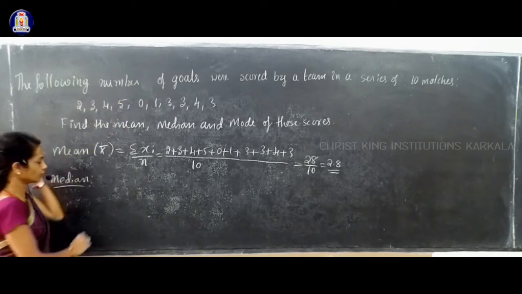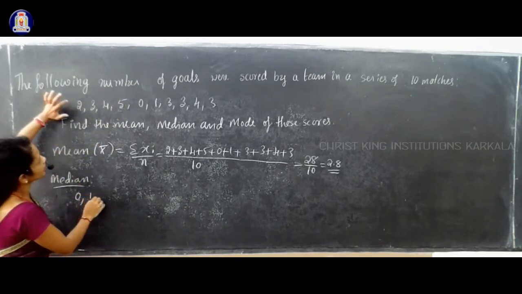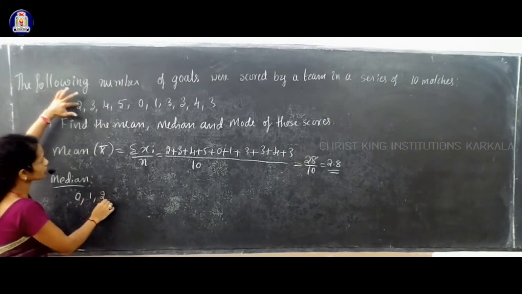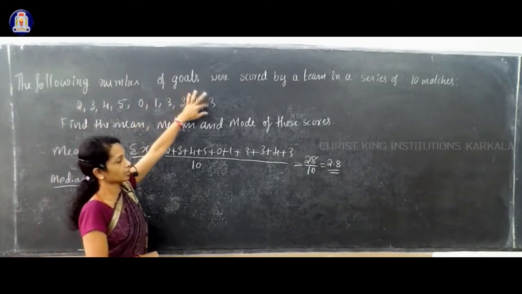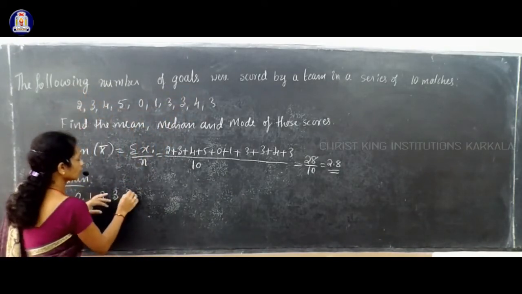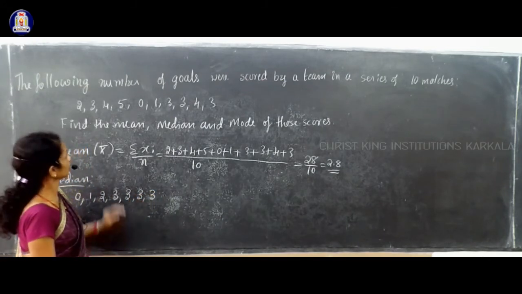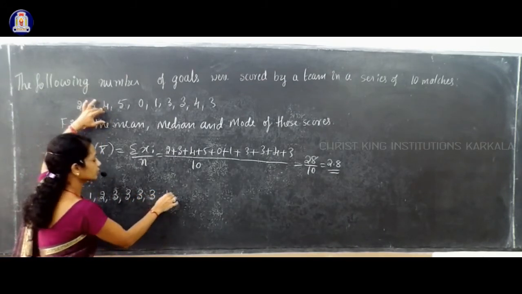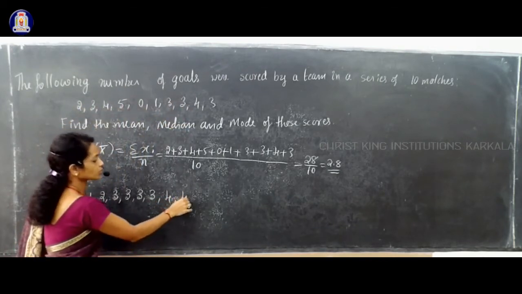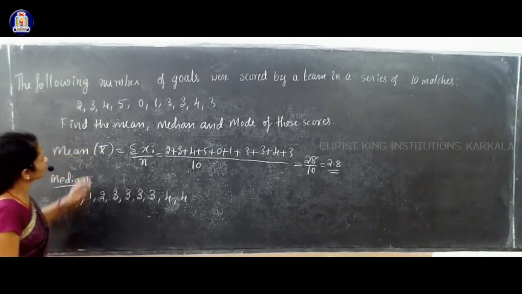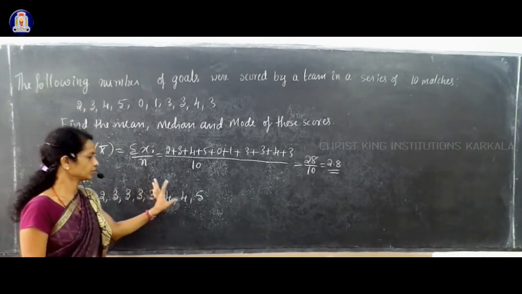First, you have to write the lowest one, that is 0. Next lowest is 1, and next lowest is 2. Next lowest is 3. And while writing 3, you see how many times 3 appeared? That many times you have to write. 4 times appeared, so 3, 3, 3, 3. Next score is 4. That appeared 2 times, so write 4 two times. After that 5. Okay, 2, 4, 6, 8, 10.